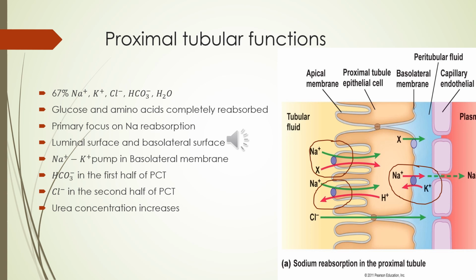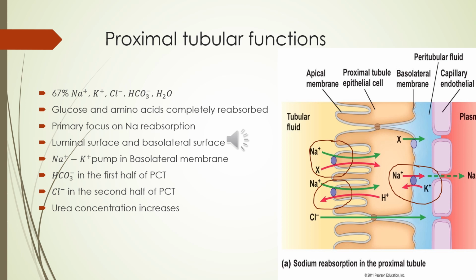See, you know that the tubular fluid is present in the lumen of the renal tubule, and the membrane oriented towards the lumen is called the apical membrane or luminal membrane, and the membrane present in the base and sides of the cell is called the basolateral membrane. And this basolateral membrane has sodium potassium pumps. You are familiar with sodium potassium pumps. This pump pumps out 3 sodium ions and pumps in 2 potassium ions. Okay, for every 3 sodium ions pumped out of the cell, 2 potassium ions enter the cell.